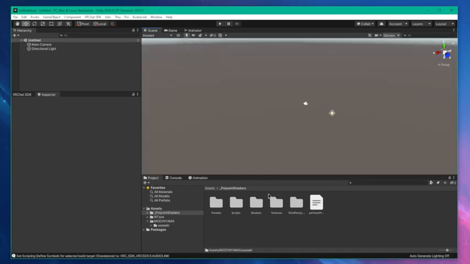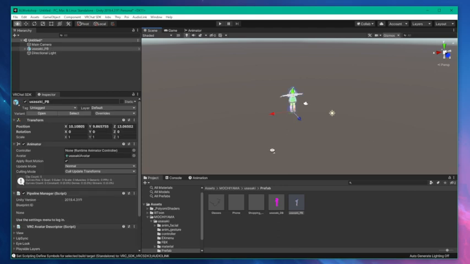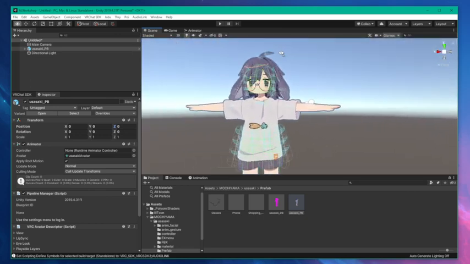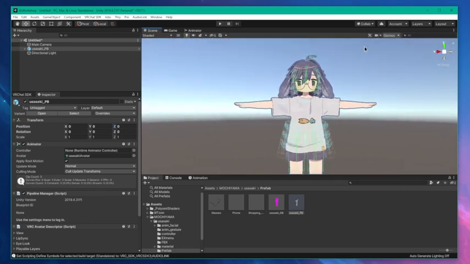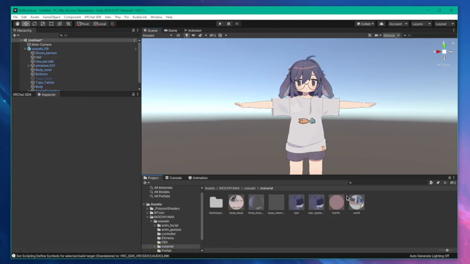So the first thing I'm going to do here is grab one of these prefabs. So here we go. Here's our little scrunk. Let's put him at the world origin. Okay. So here's our little guy, right? We're going to go to our materials. And whenever I'm working on AudioLink stuff like this,